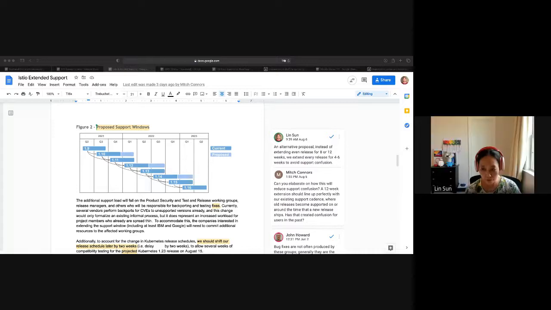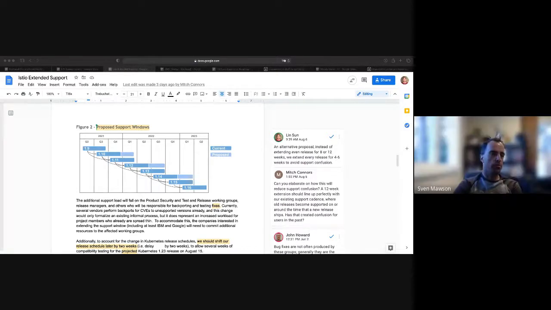Sven, you have a hand. Yeah, so I feel like whether we do every release or every other release is something we can change our minds on. Either direction is fine. We can start with either one. So I think we should just start doing it, right? Because going to every other release just means that we get a break, we stop doing it. So we should start doing it, see how much load it is. Start by assuming we do it for every release, and then see how much load it is. And if we decide it's too much load, we need to move towards LTS, then we can make that decision later. So that would be my suggestion.